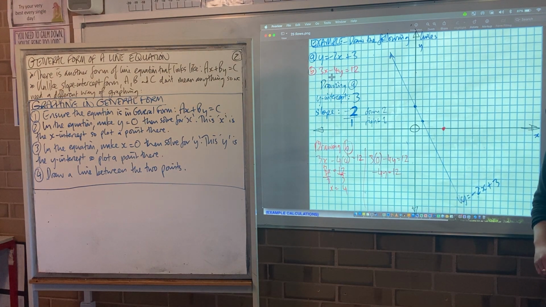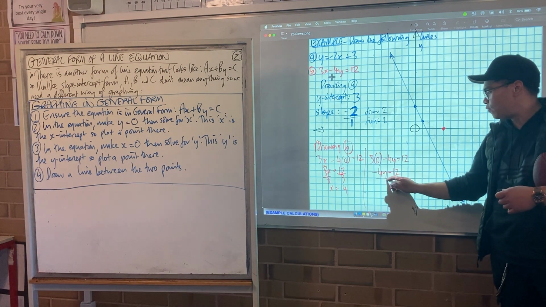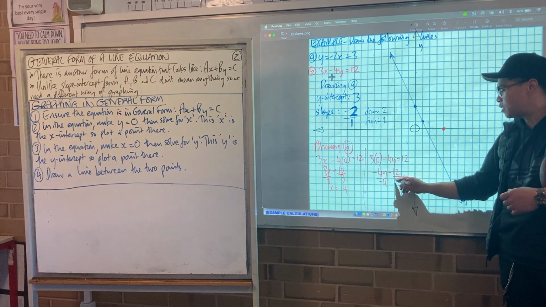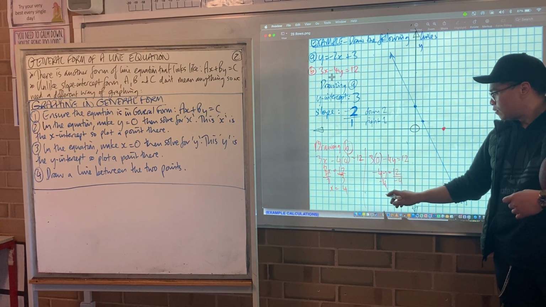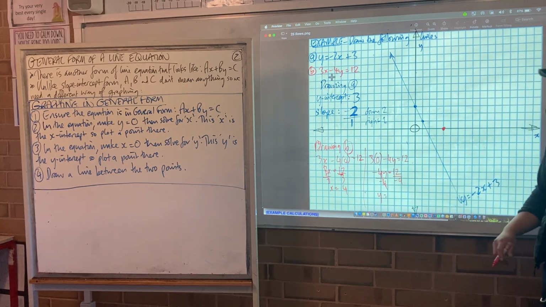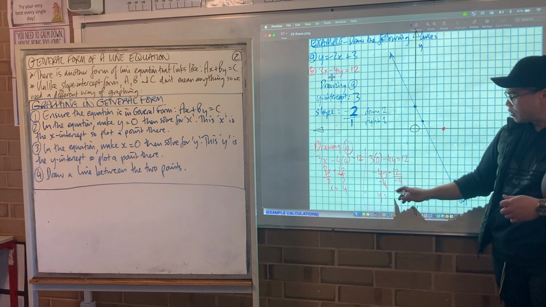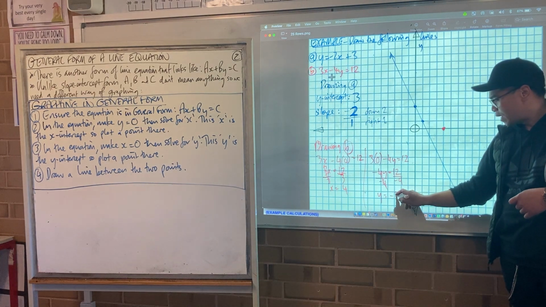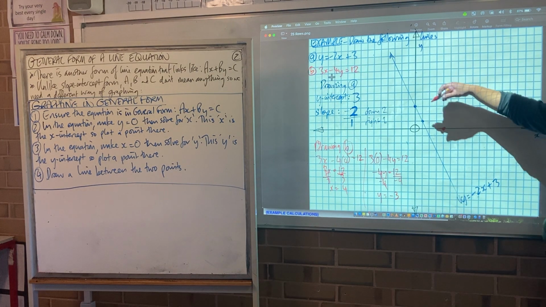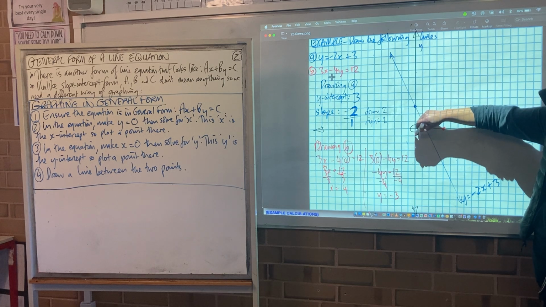What's negative 4 doing to y? What's the opposite of timesing by negative 4? Divide by negative 4. What do I have to do on the other side to keep it balanced? Also divide by negative 4. Y is going to be, what is 12 divided by 4 normally? It's 3, but I'm doing a positive divided by a negative. So the answer is going to be negative 3. So where do I put the dot? That's 0, 1, 2,